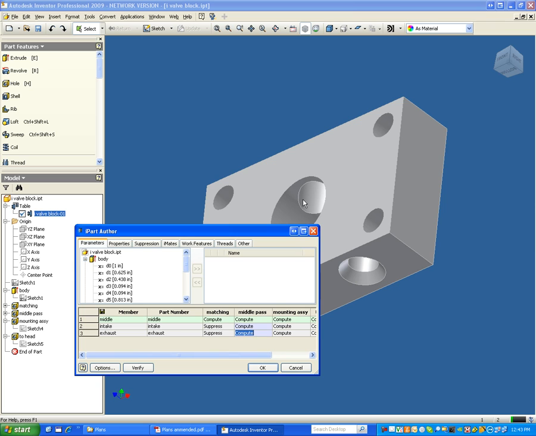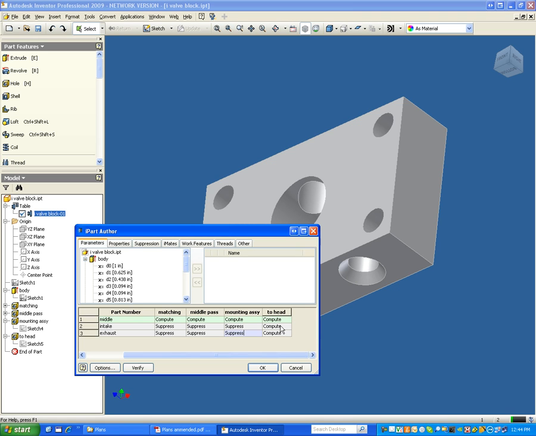The middle pass is going to be, we're not going to use the same configuration in every part, so I'm going to Control V on this one to suppress it in the other two configurations, and I'll make a new type of feature. Mounting assembly. This mounting assembly holes are not going to be used on either of the other parts, so I'm going to suppress them. So you're telling this table what you want to keep and what you want to suppress in each of the configurations. To the head,